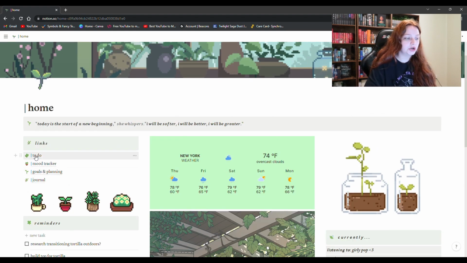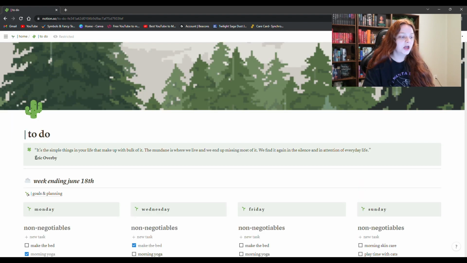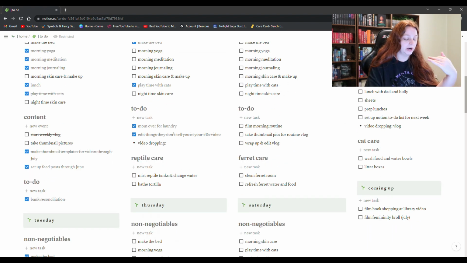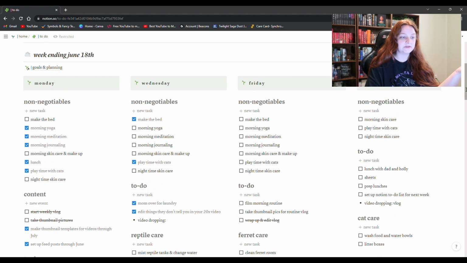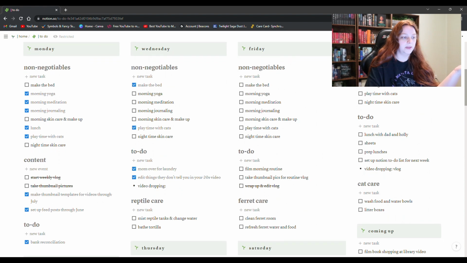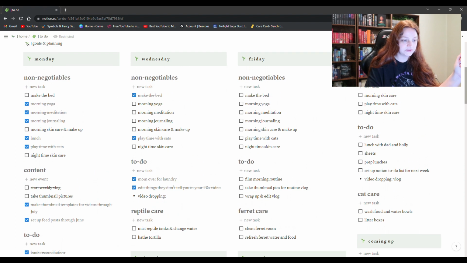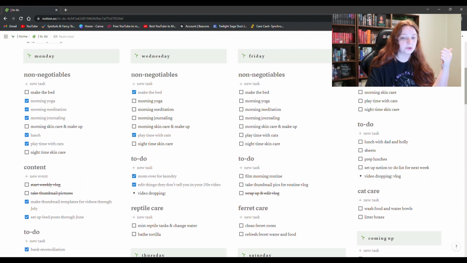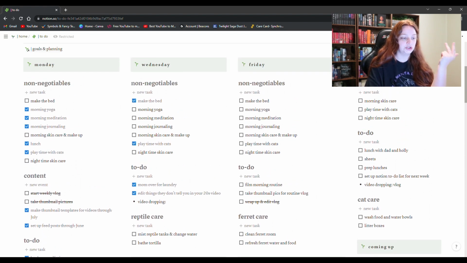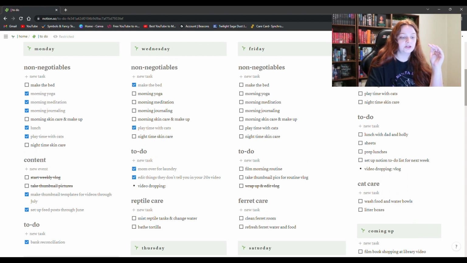We'll first start with my to-do list. This is, I would say, the thing that I use the most and consistently. And this changes constantly because I'm constantly finding new ways to help what I'm doing. It's a very simple to-do list, Monday through Sunday, and I have 3 sections. So I have non-negotiables, content, and to-dos. And that looks different across whatever day it is. So as you will see,